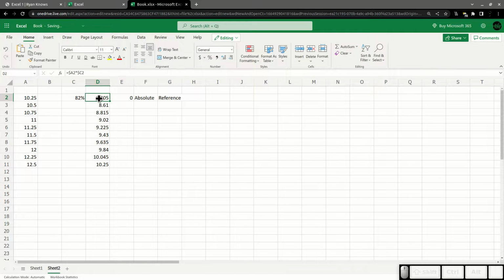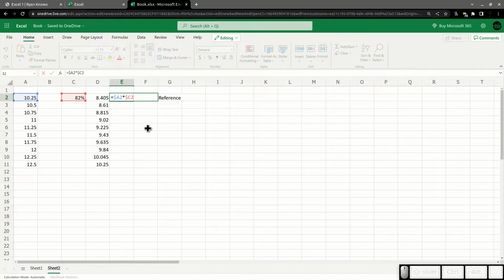And so I could drag that to the right, or I can hit Control-C to copy it, Control-V to paste it. It all works the same. And now it's working correctly. Well, correctly for my example. Even though I moved the cell, it didn't actually move those references.